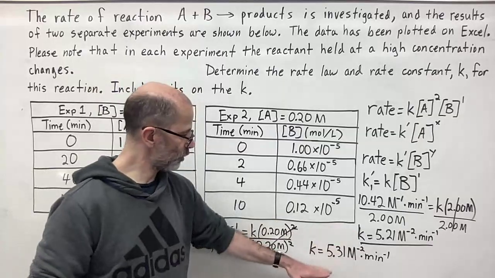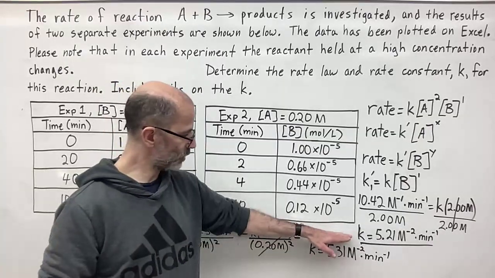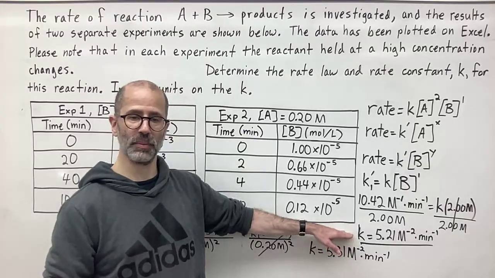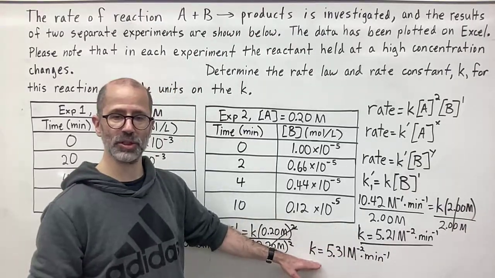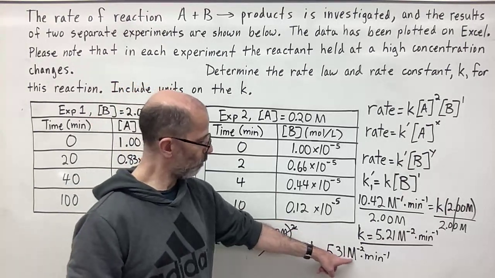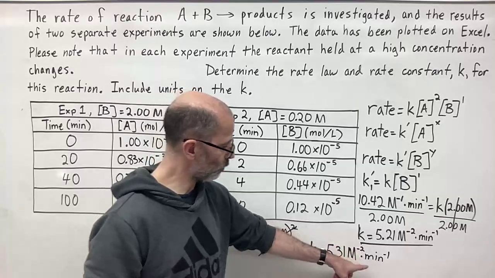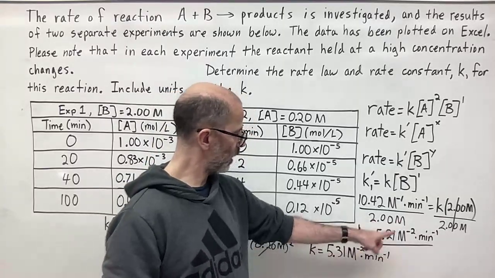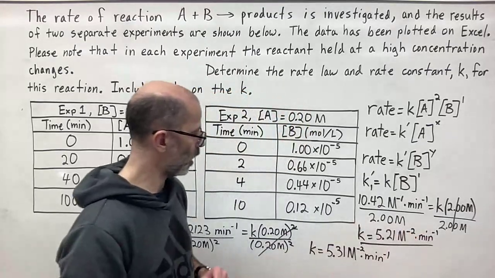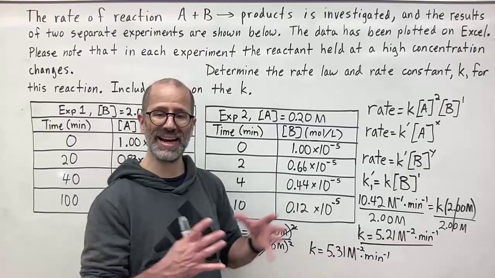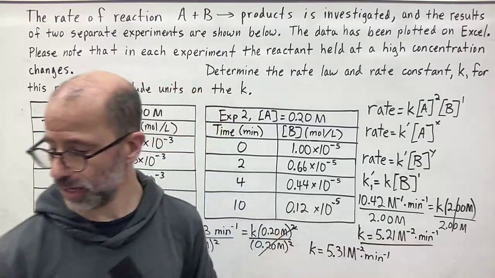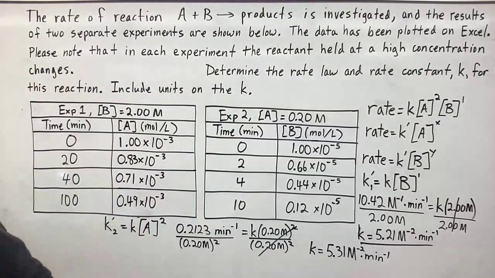So now we have our two calculated K values: the K value that we got for experiment 1, and the K value we got for experiment 2. And notice they're the same units, molar to the negative 2 power times minutes to the negative 1 power. So now all we need to do is add these together and divide by 2 to get the average. So let's go ahead and do that, and when you do that, you get